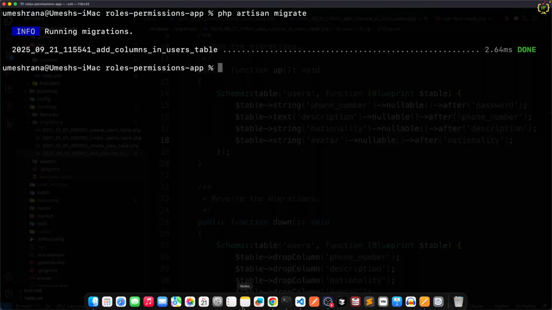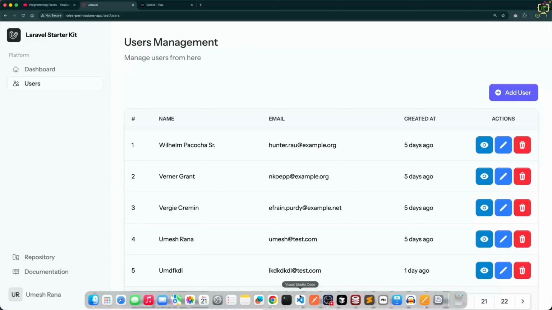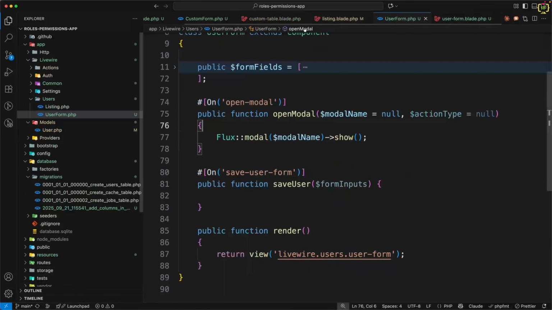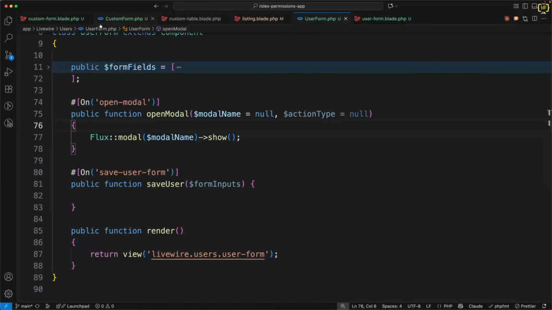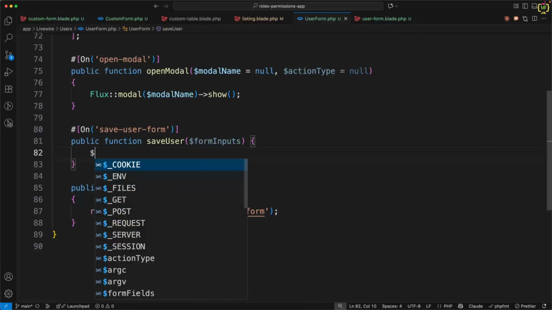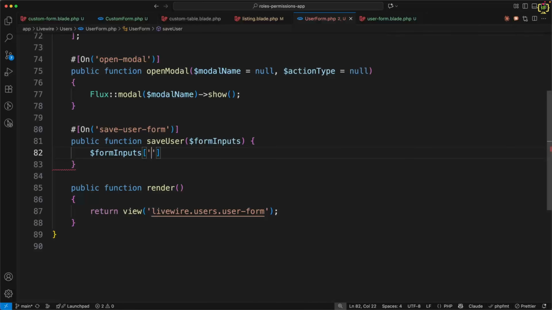Okay, migration has been updated. Now in the next step, let's work on the submit functionality. For the submit functionality, here in this user form, we will have to work on this. In this form inputs array, we have to push the password field because in the users table we needed password as well. So I will define form fields just like form inputs, password,